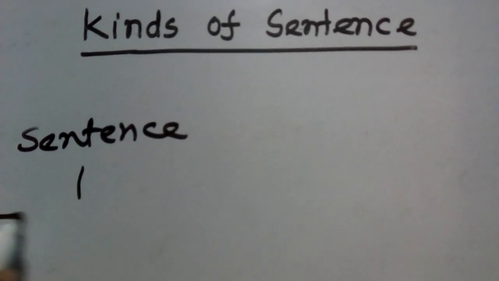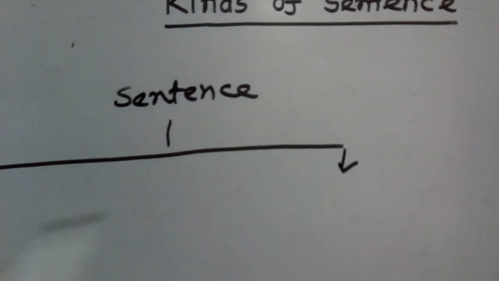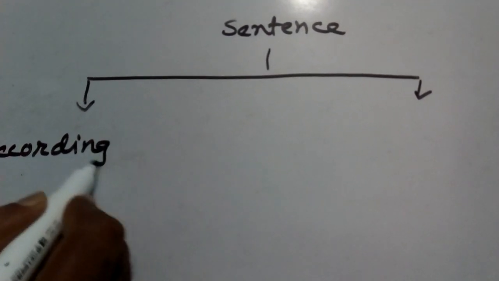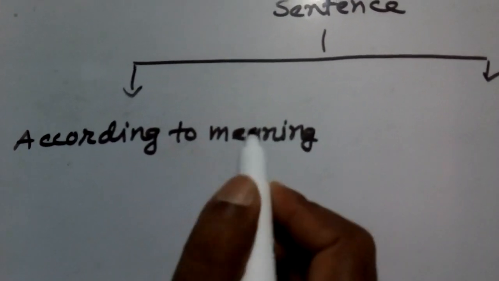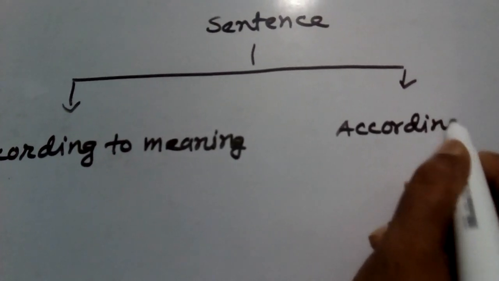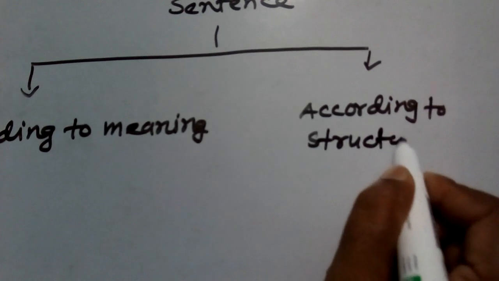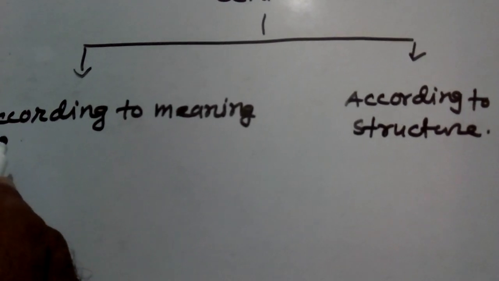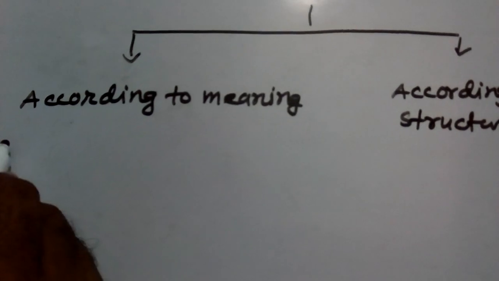Here we can divide the sentence into two. Number one, according to meaning, and another is according to structure. So according to meaning, we can make sentences into 5, such as number 1, assertive